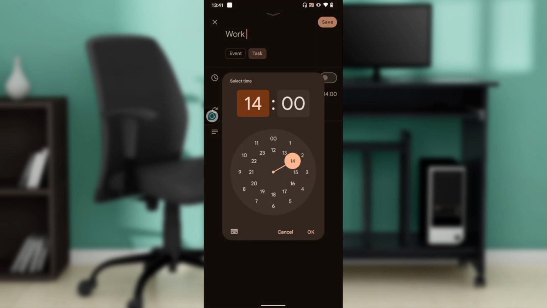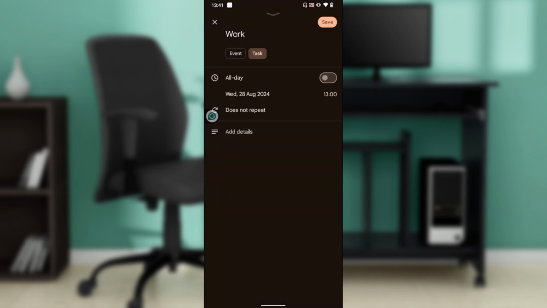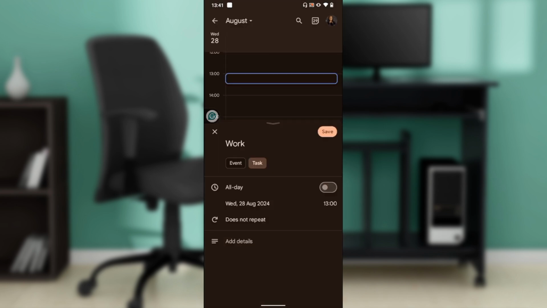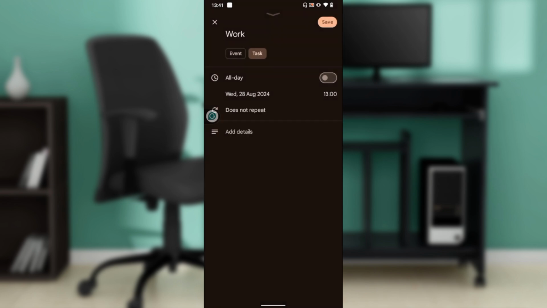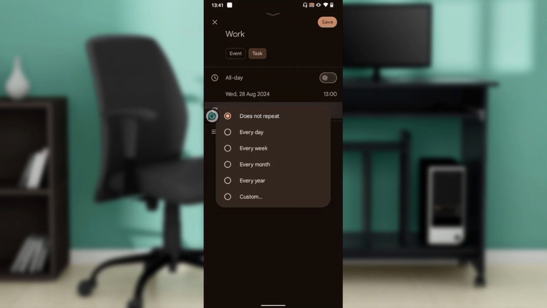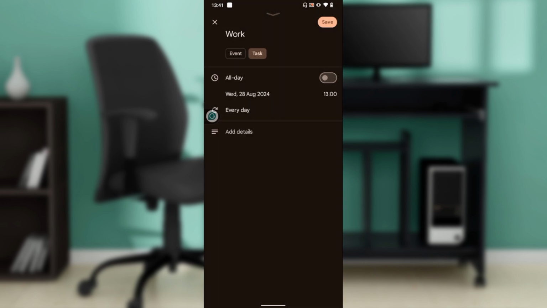So let's say the time for work should be, okay, let's say 1 p.m. and I say okay. So, does not repeat. If you want to repeat, just click on that and you can repeat every day, every week, every month, every year, or just customize it. Then you can add details if you want to add more details. So let's say this is the time and I want you to repeat every day,